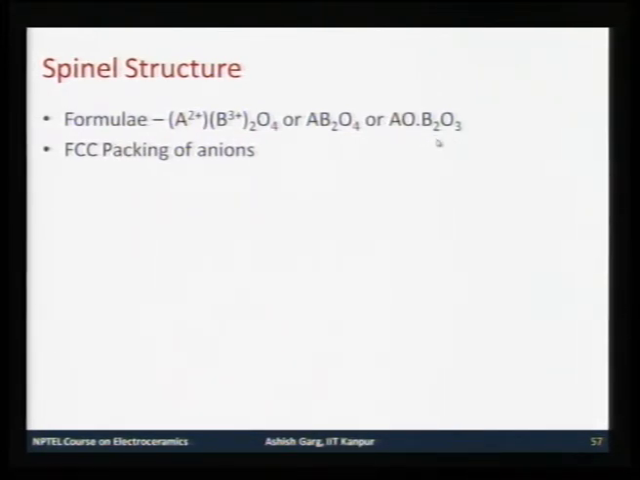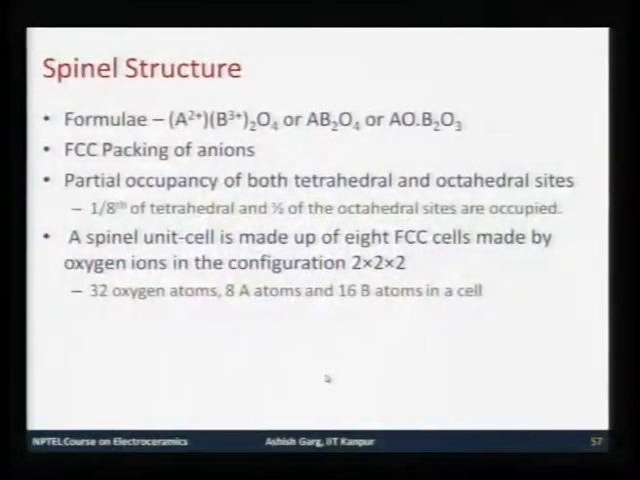Now interestingly, the way cations arrange themselves in various interstices defines whether you have an inverse spinel structure or normal spinel structure, and depending upon whether your structure is normal or inverse, the magnetic characteristics vary accordingly. So essentially what you have is an FCC packing of anions, and here,